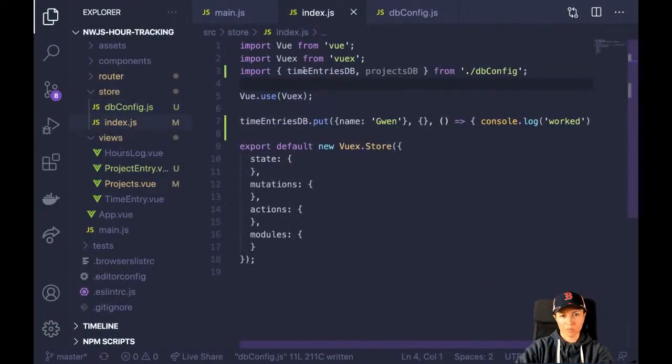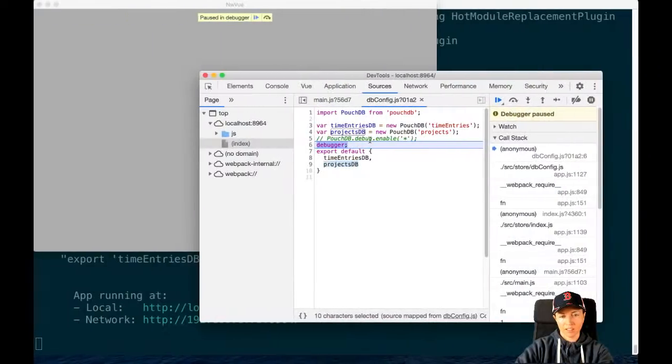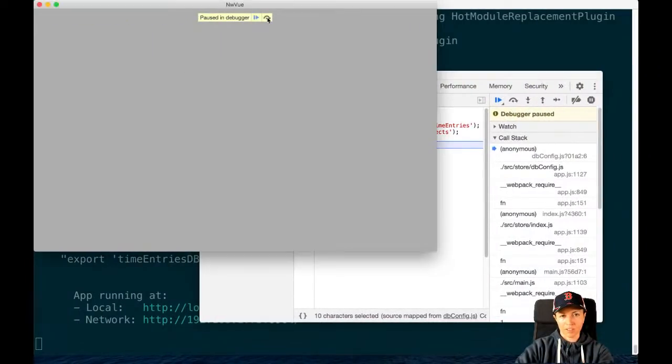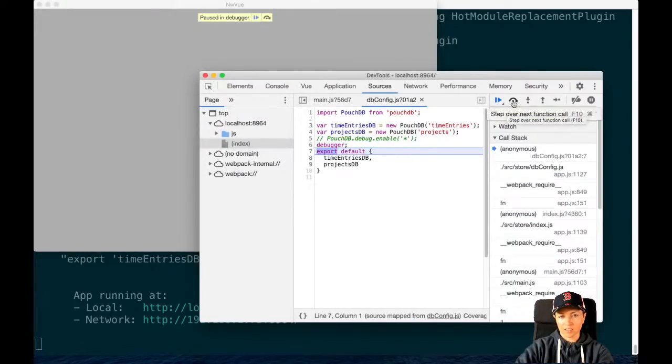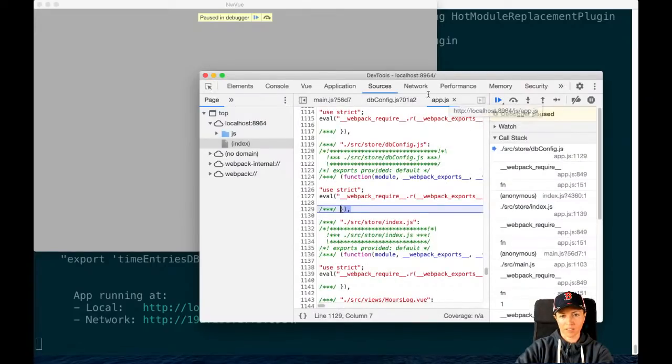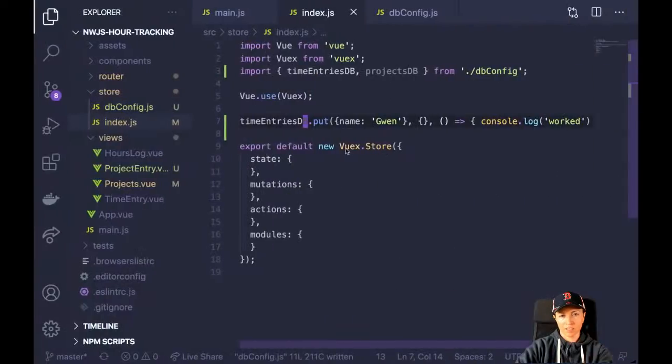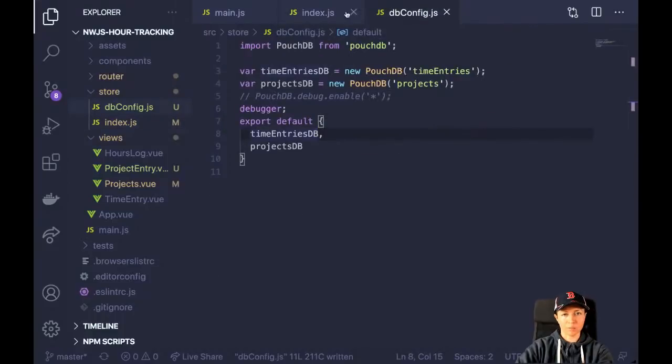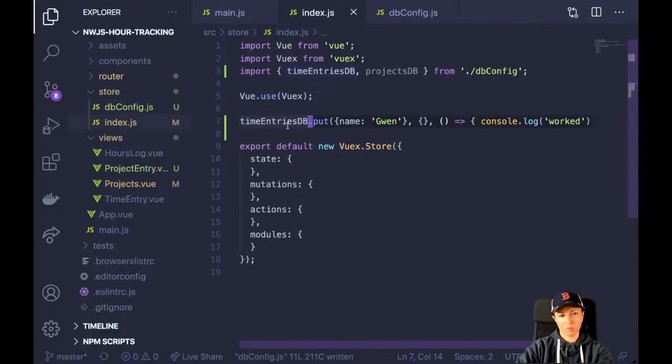I can make sure that this one, yeah, these are all spelled the same. Let me step over. Oh yeah. Try putting, okay, let's try putting inside of, try put inside of dbconfig. Yeah, I guess it will work from there. Maybe I'll just move it to this main file,